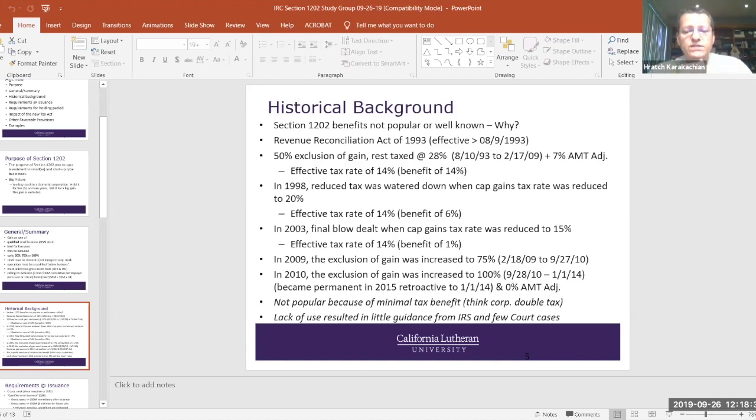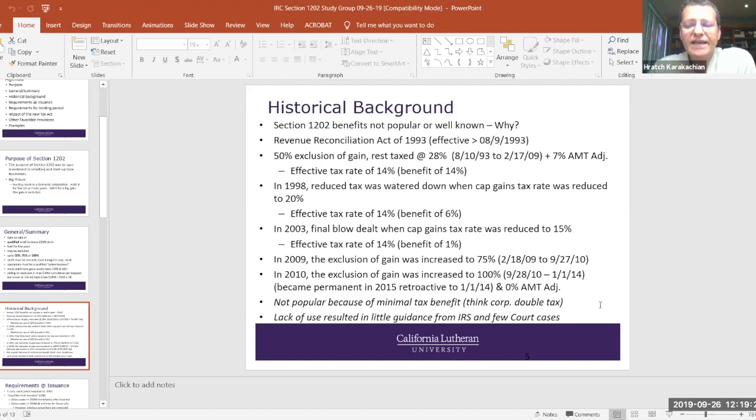The reason why this was not popular is, one, the reduction in the capital gains rate, making the benefits smaller and smaller every year. The other is the requirement that the investment be in a C corporation, and C corporations have this problem with double taxation. So we have the income tax that's paid at the entity level by the corporation, and when dividends are paid out, the shareholders pay income taxes on that dividend. So this double taxation